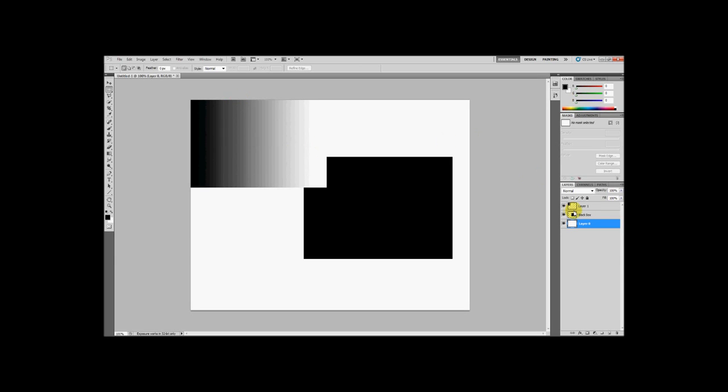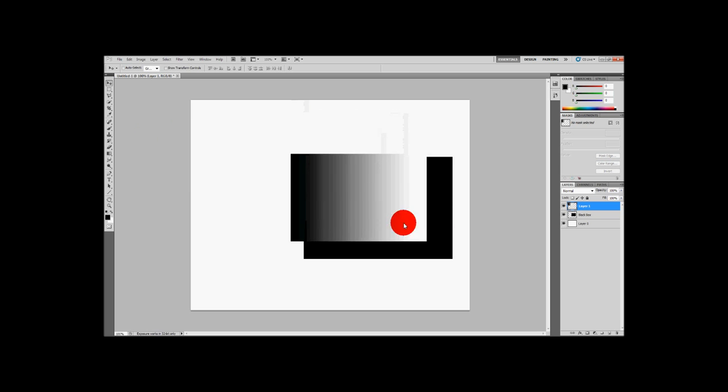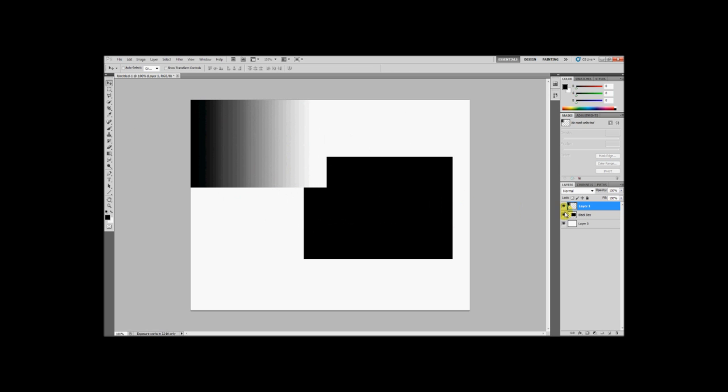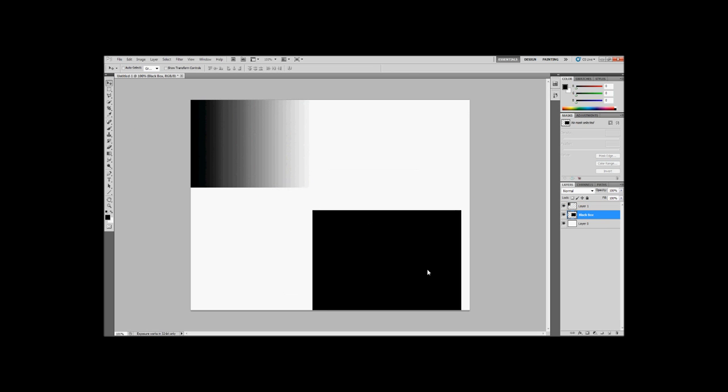Let's cover some basics of layer management. We've talked about the fact that you can select these different layers and move them as long as you're on the proper layer. We've talked about the significance of the background layer and the fact that it cannot have transparency behind it, and that if you try and delete something on a background layer, then you just get the fill option. And so what you need to do is rename it by double clicking on it and calling it something